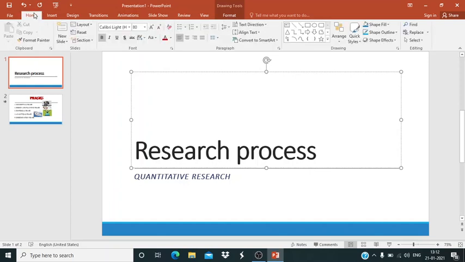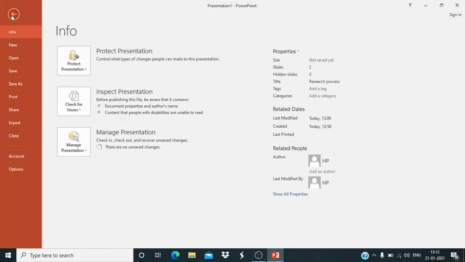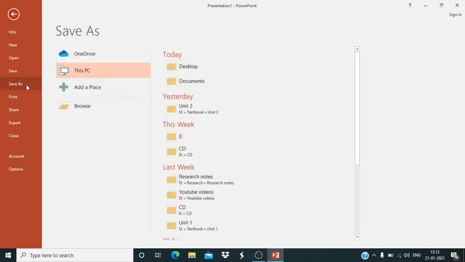Now the most important task is we have to save it. So how to save it? Just go to File and then choose Save As. Where to save it? You have to add a place, in this computer. These are the recent documents which I have opened today, yesterday, last week.